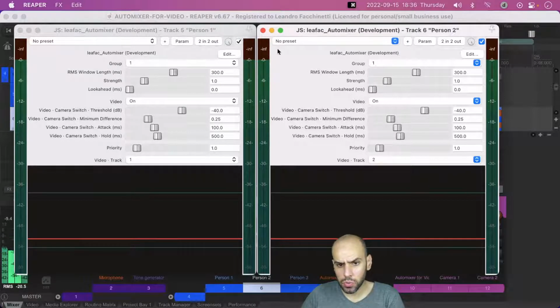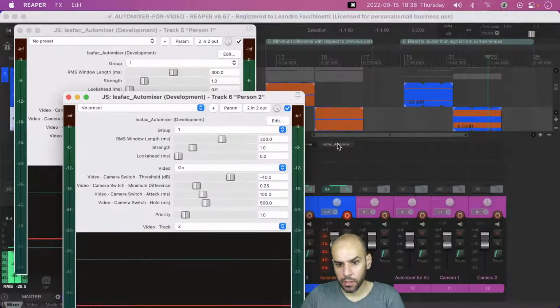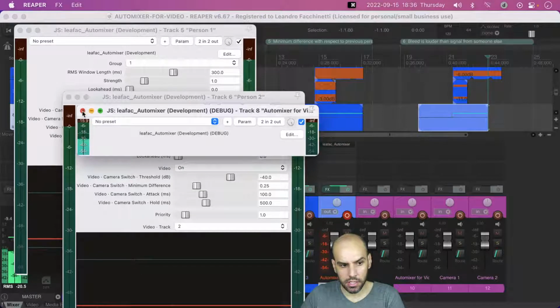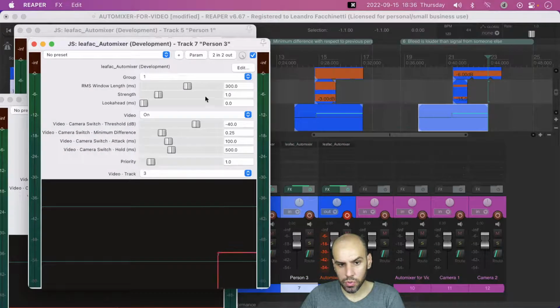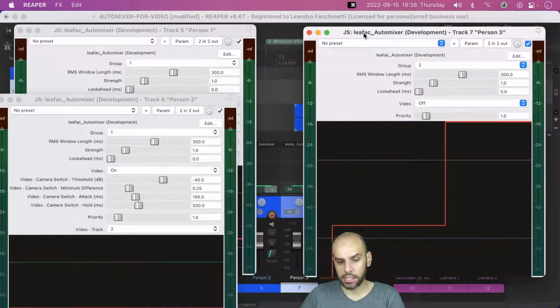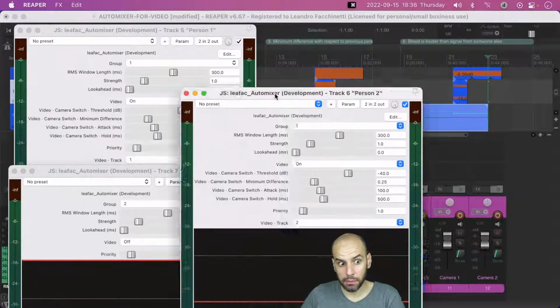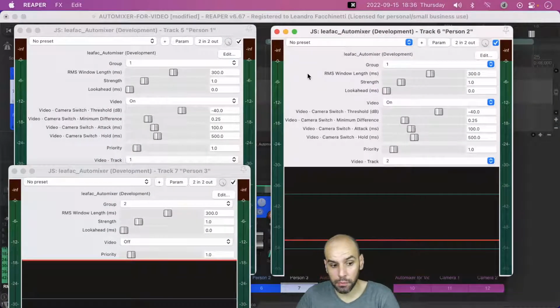Right now, these 2 instances are on the same group, group 1. But I'm going to leave this third instance in group 2, just so we can see what I mean by the group-wide parameters. So these are the group-wide parameters right here, up to this one, or actually up to this one. Yes. So what happens is when you are switching these sliders around, you are moving them around, all the